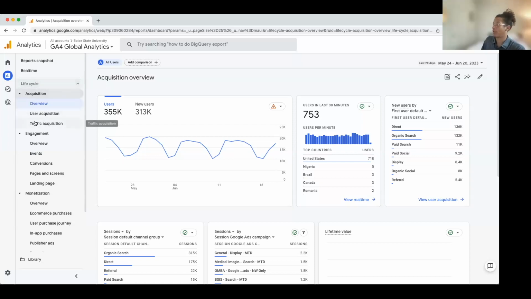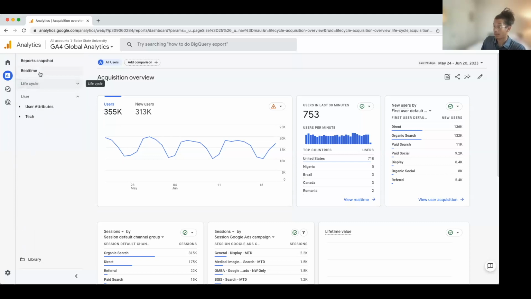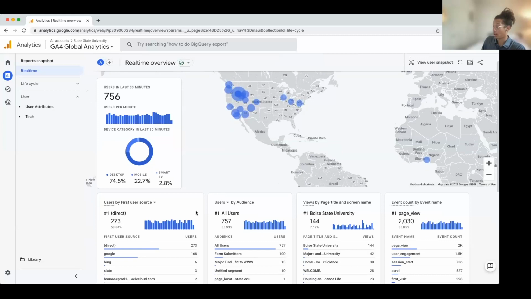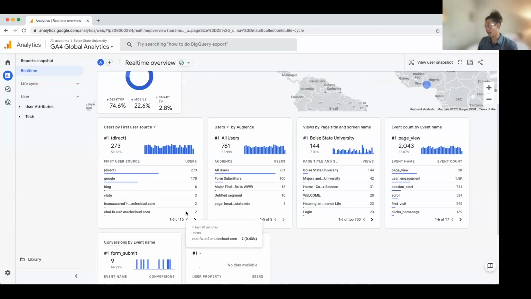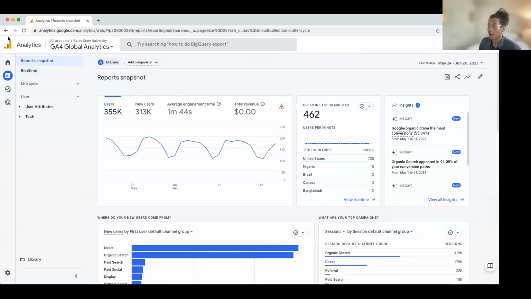So that's a basic overview of everything we have in reports. If we go into real time, this is also very interesting to see. We can see exactly who is on, or the most recent sessions, like where they're coming from, almost 3% in the last 30 minutes coming from a smart TV. But if you're looking for any sort of real-time information, this is what you're going to want to look at. Are there any questions so far about any of our reports in GA4?